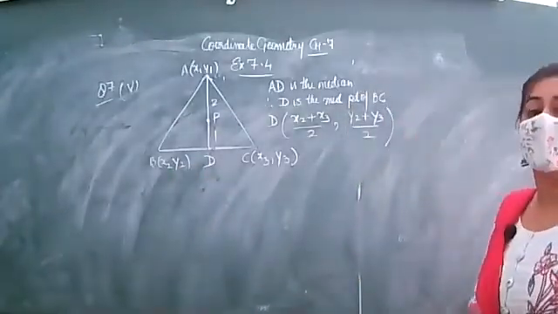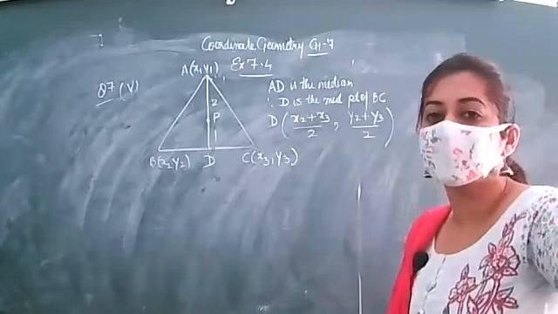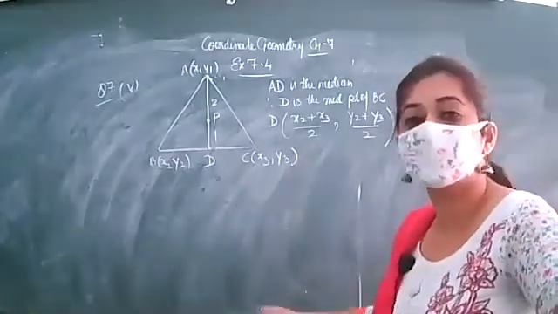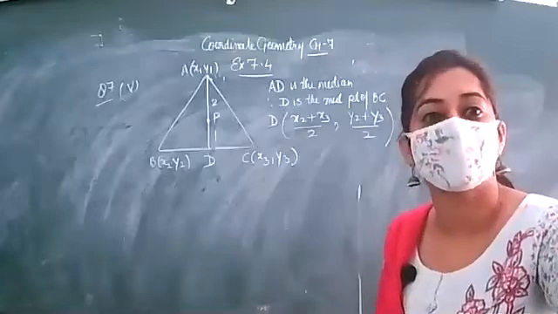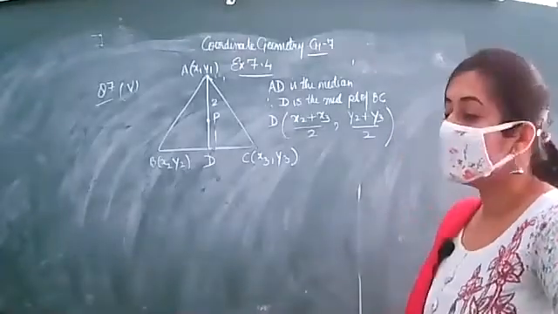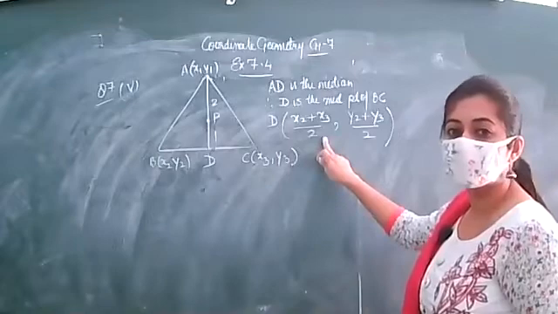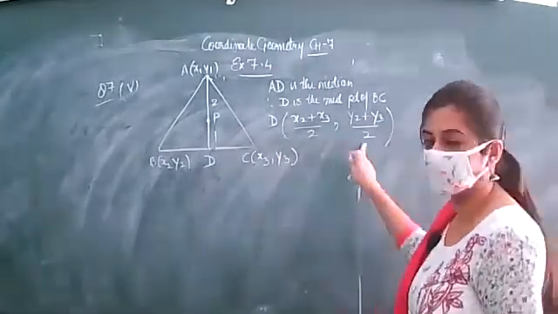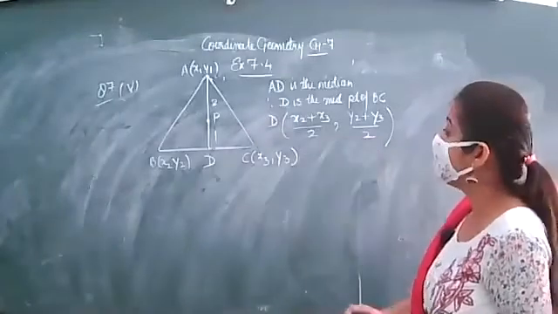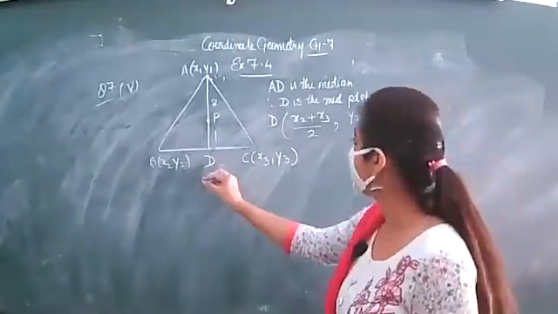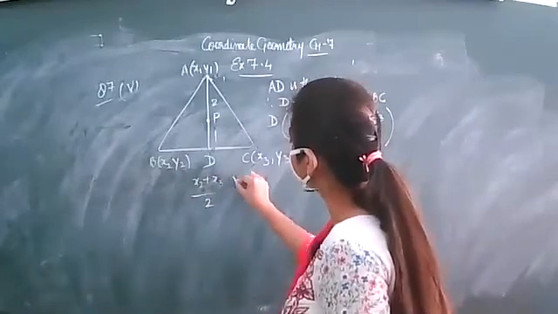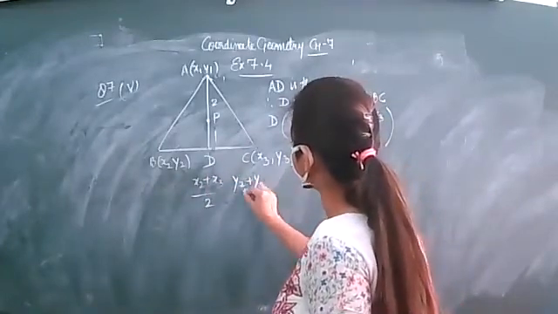Any doubt, beta? In the previous part, coordinates were given as numbers, but in this question, the coordinates are given in the form of x1, y1, x2, y2. So you will not be able to solve it numerically. You will just directly write it by applying the formula. Like this, you will get it. So we have got the coordinates of D. I'm writing here (x2 plus x3) by 2, (y2 plus y3) by 2.